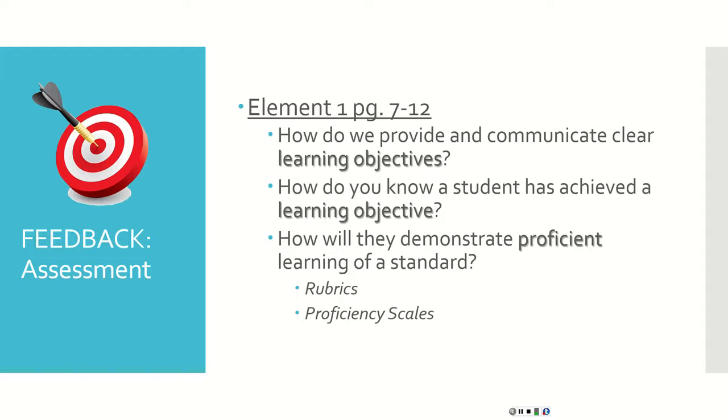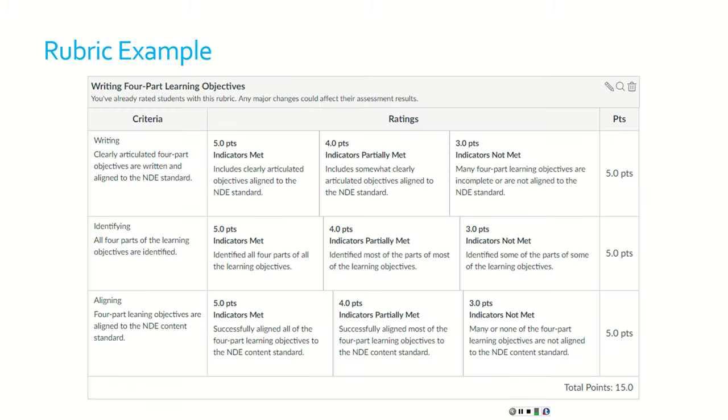Marzano talked about two ways to do this. He talked about rubrics and proficiency scales. An example of a rubric, you're probably very familiar with rubrics. You've probably been assessed with rubrics before. You may have even created rubrics before. And this is an example of a rubric that I created to assess you on your four-part learning objectives last